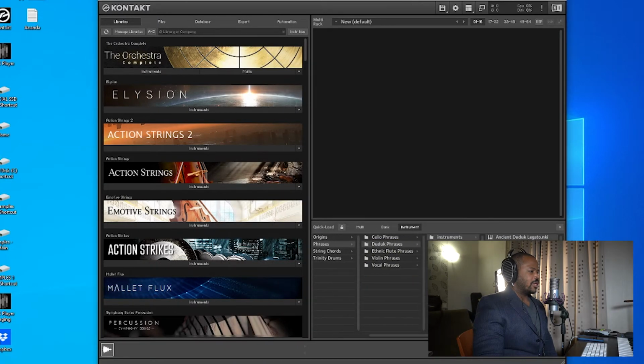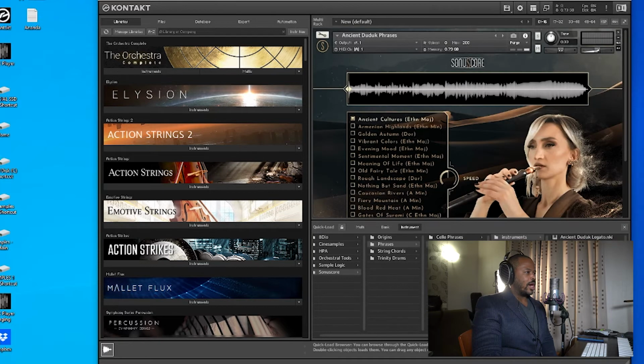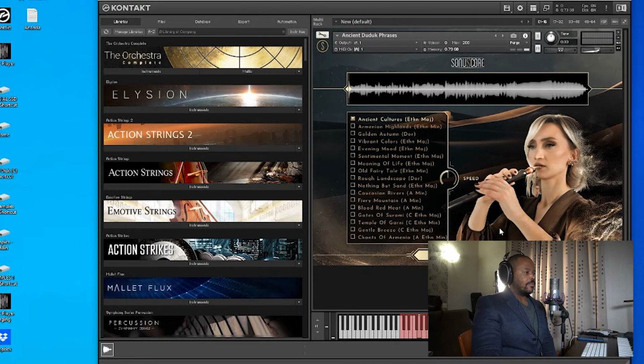So what we wanted to do was provide a really nice and playable legato that would be suitable for all different styles of playing, no matter what style you're wanting to play in. The duduk is such a versatile instrument, and so much can be done to a note after it's been played. That's why it is one of the coveted and really widely enjoyed instruments outside of the orchestral family of instruments